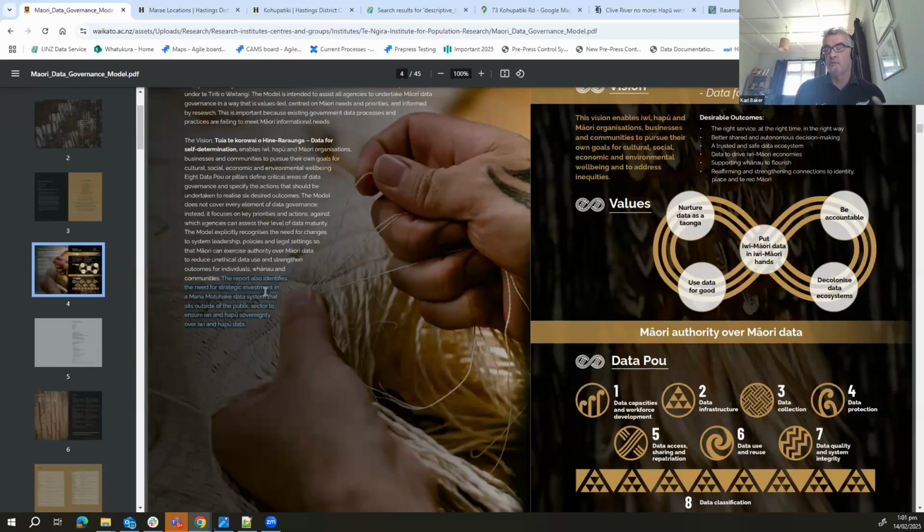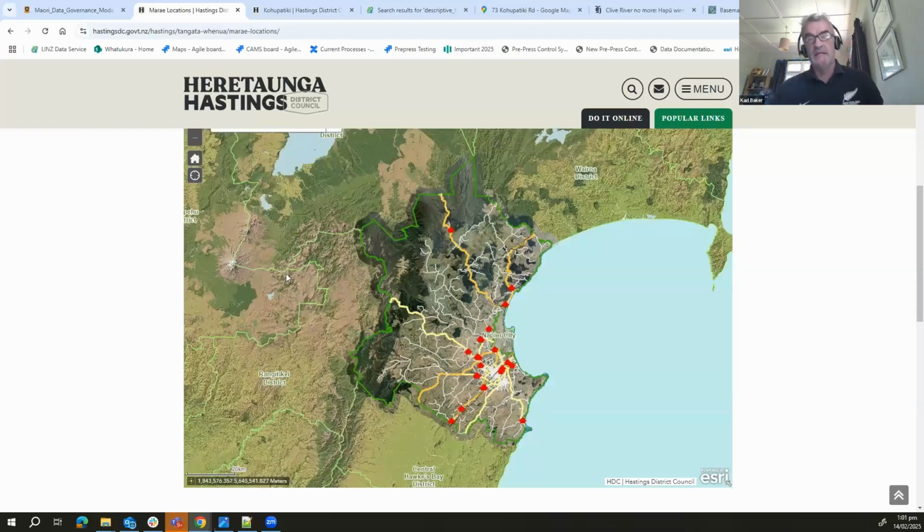And we're at a point now, because we're moving into what we're calling our future topo maps, is that we can actually redesign how we think, what data we use, how we bring maps together, and actually what we show on the maps, which is an exciting time. And an example I'll give here is around marae locations.